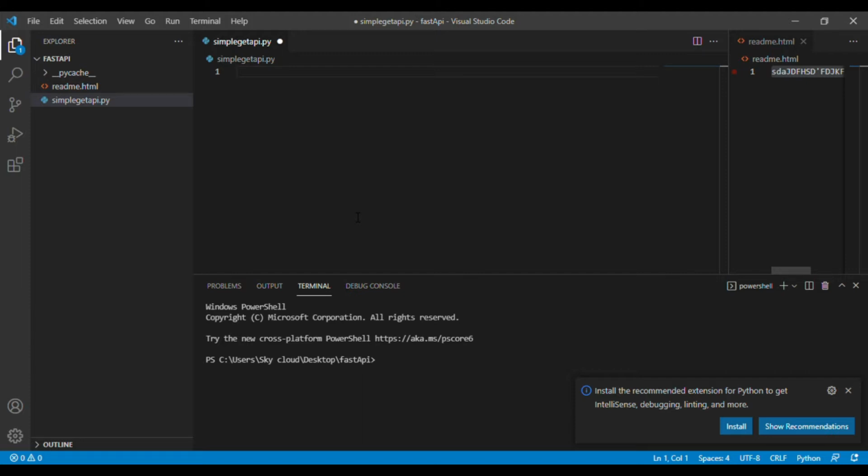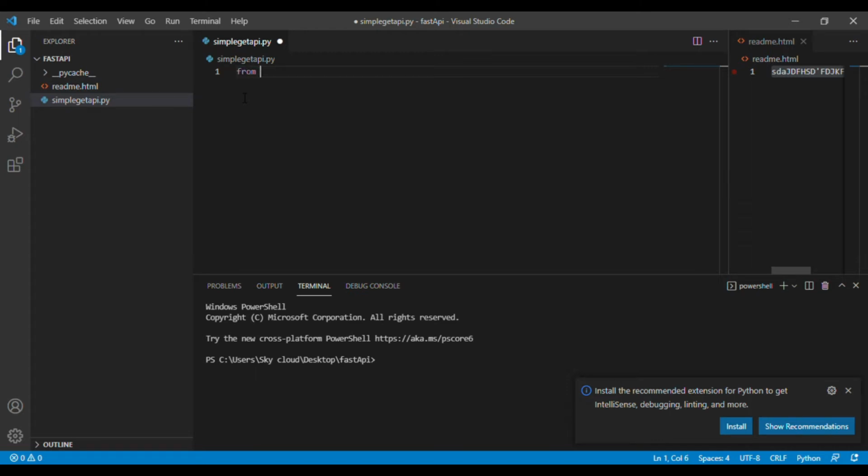So we are just going to do hands-on with REST APIs, how we can write REST APIs. First of all, we'll start with the basics of how we can write a REST API within 5 minutes. Okay, let's start. First of all, I'll create a simple get API.py file. Now I'm just going to write the code.